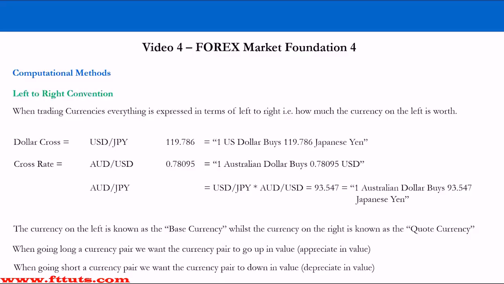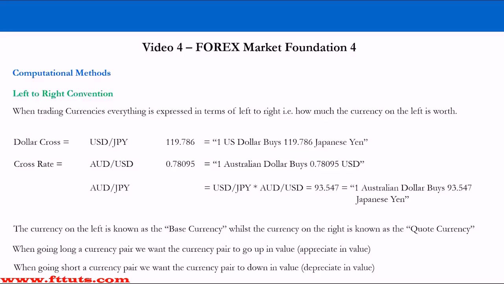We can take this and the US dollar Japanese yen rate, and we can work out what the Aussie dollar Japanese yen cross rate is from these two numbers. All we have to do is multiply the dollar yen rate by the Aussie dollar US dollar rate, and that gives us 93.547, which means $1 Australian, the currency on the left, buys